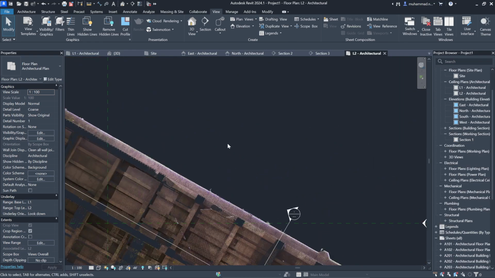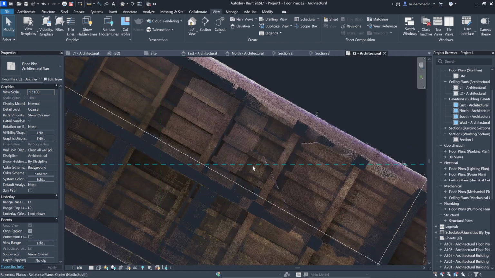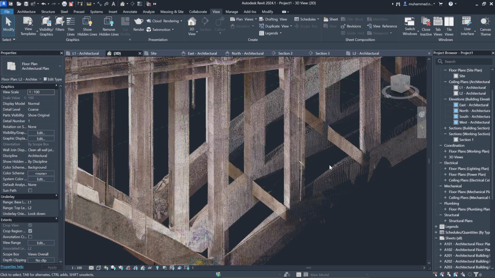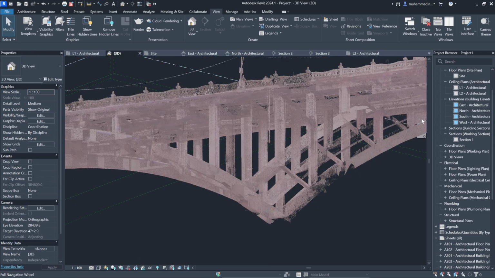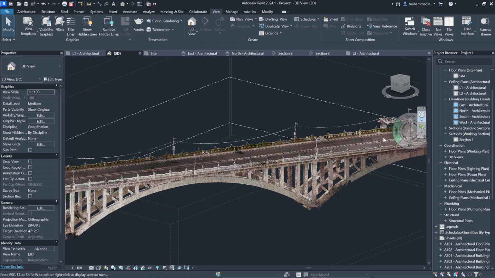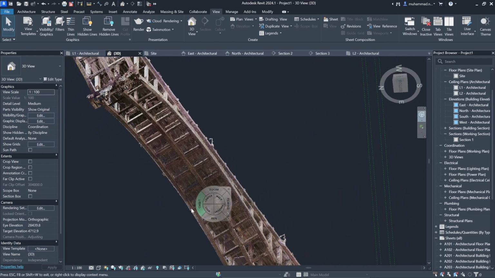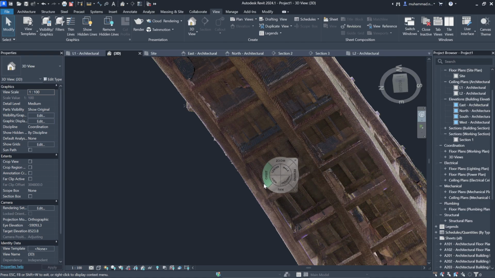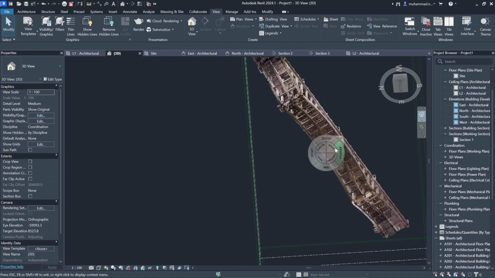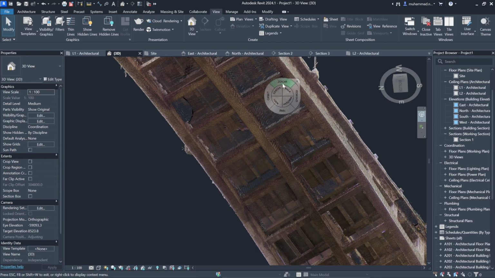As you can see, this is the structure at the bottom of the bridge. So the view is generated from this elevation.